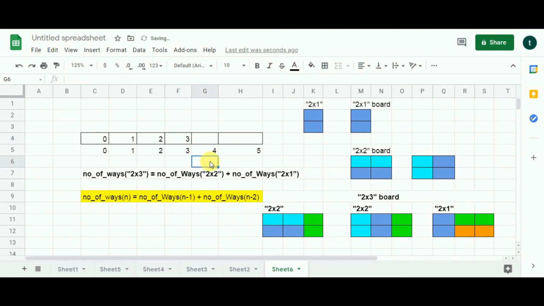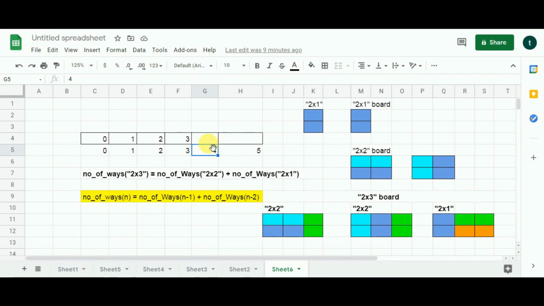If you see, then this is the Fibonacci series algorithm. So this tiling problem is solved using the Fibonacci series. So we already have the number of ways for 2 by 2 tiles and the number of ways for 2 by 1 tile is stored in our array, and this is what dynamic programming is. Now based on this algorithm or this formula, let's quickly fill the subsequent cells.